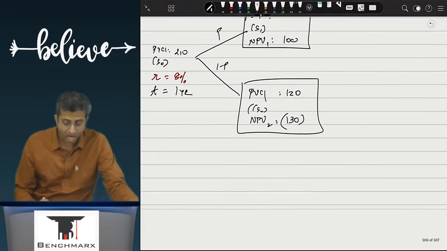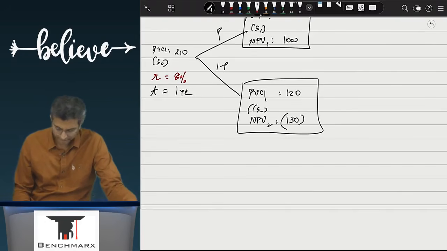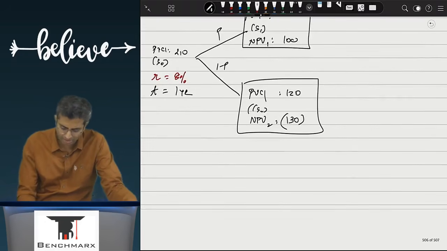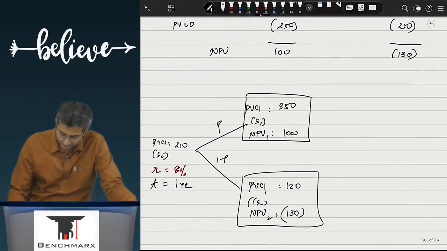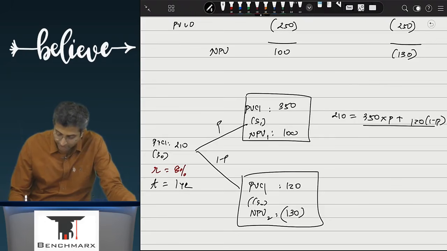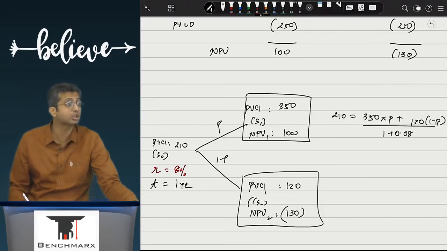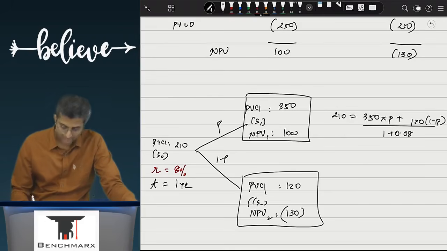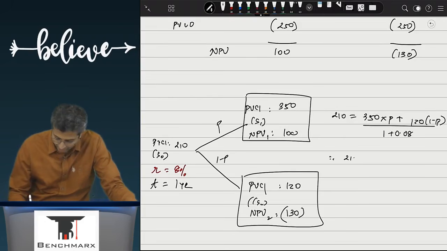So over here, R, what will you take here? 8%. Again, you will sit to find the probability. So how will you find the probability? We'll say, sir, 210 today is equal to 350 into P plus 120 into 1 minus P, divided by what? 1 plus 0.08. You have to find the risk-neutral probabilities, not based on a risky position. And hence, this is 210 into 1.08 equals,